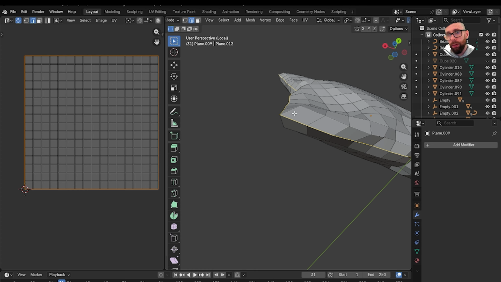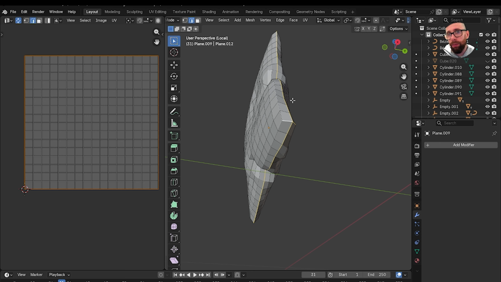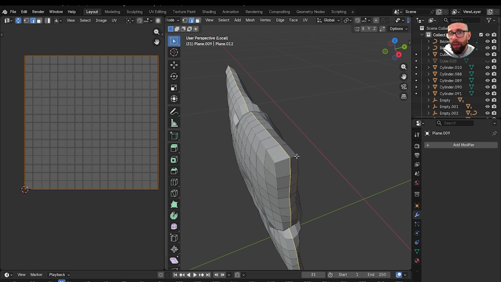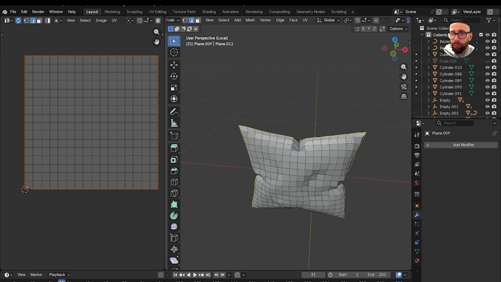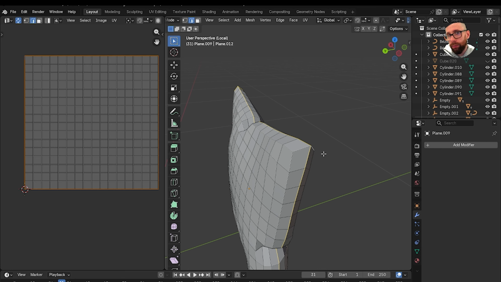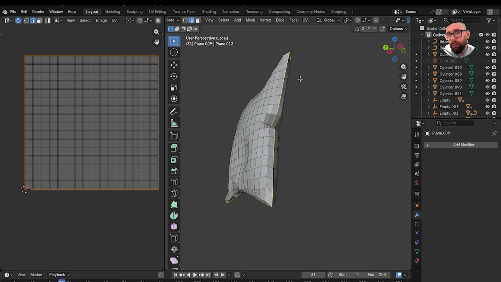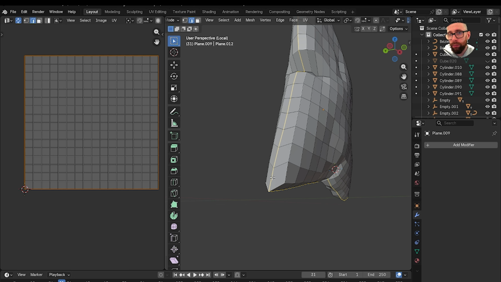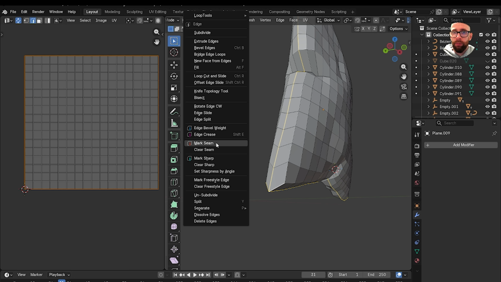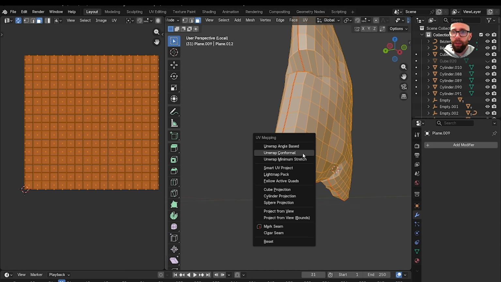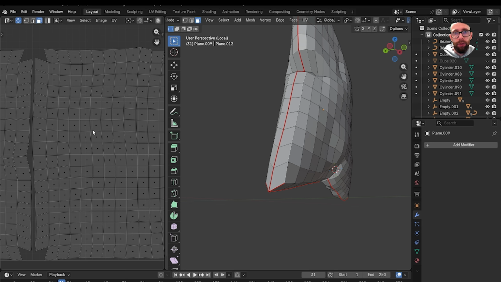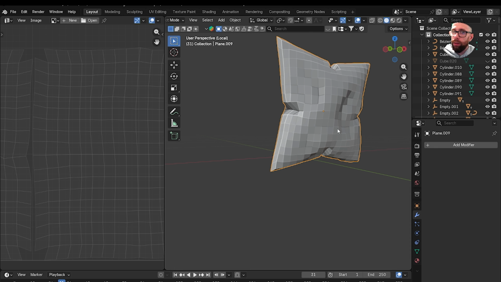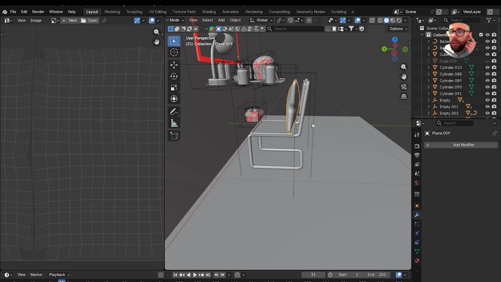And then what we'll do is let's just grab these corners here. Mark seam, and then we're going to unwrap the windmill stretch. So there we've got our cushion. Bring it all back. So that's everything for our chair done. Let's just bring back